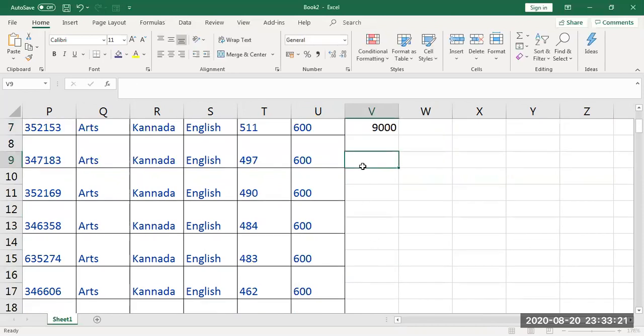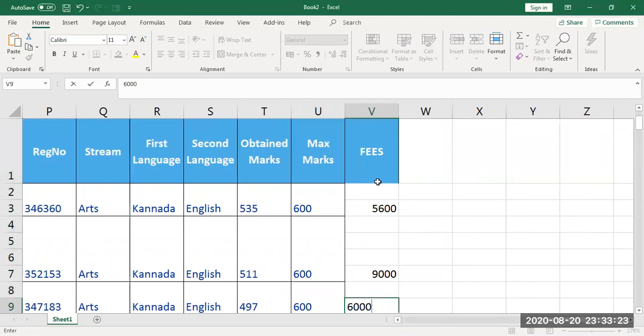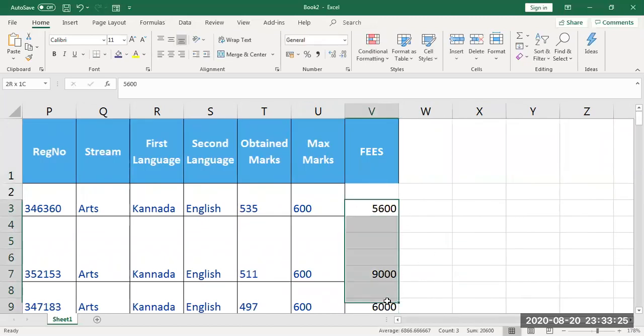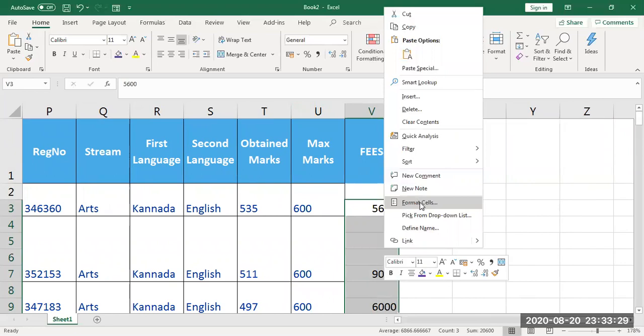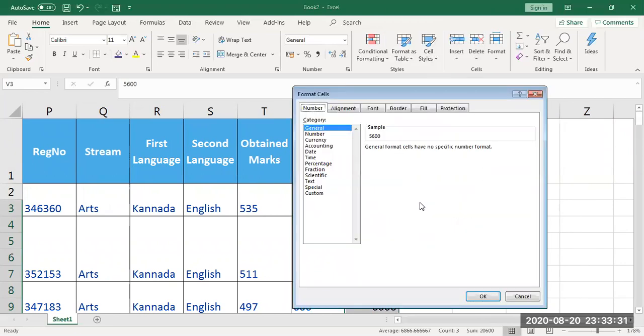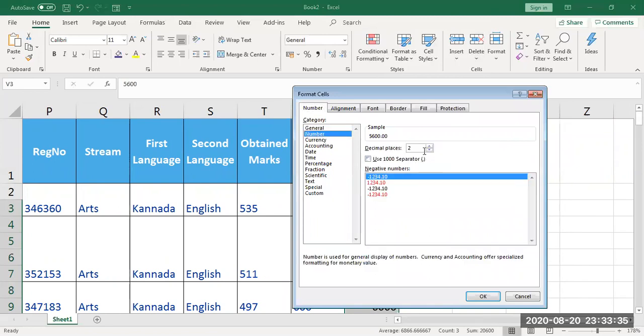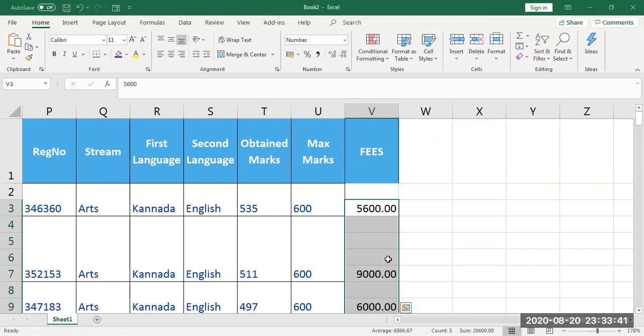Like this, I want decimal places. In that case, what we can do is type the value, select it, right click, and go for an option called format cells. It has a variety of options. In format cells, go to numbers. You decide how many decimal places you want. I want 2 decimal places, so set 2 decimal places and click OK.